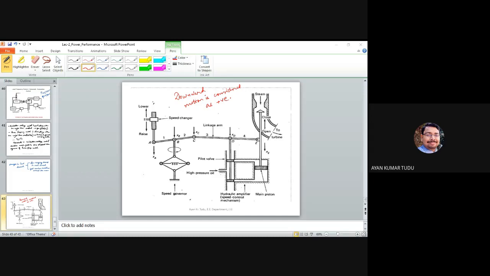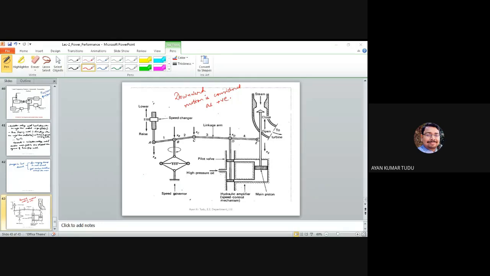The steam valve will be moving downwards by a small distance, say delta XE, resulting in an increased turbine torque, and obviously there will consequently be an increase in our generator output. So let us say that the change in the generator output is delta PG. This increased power output will cause momentarily a surplus or accelerating power in the system.